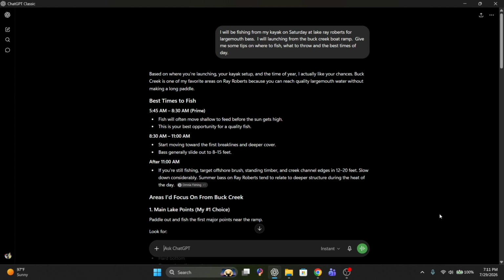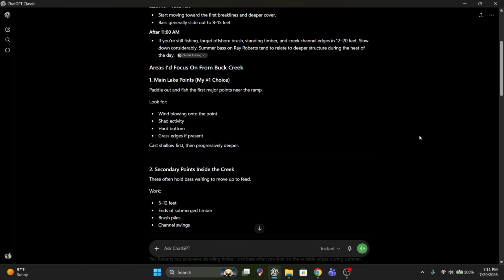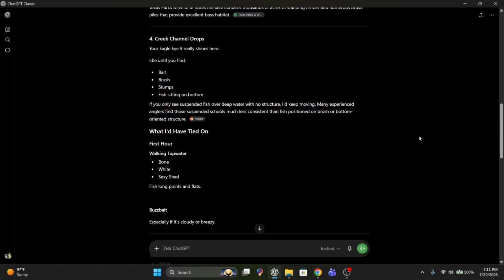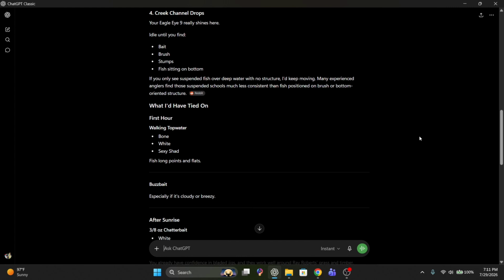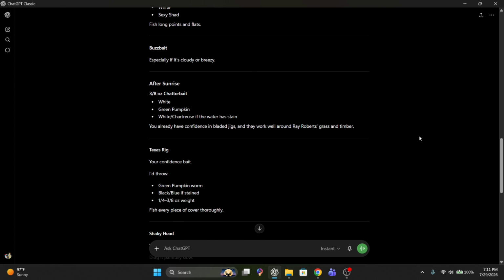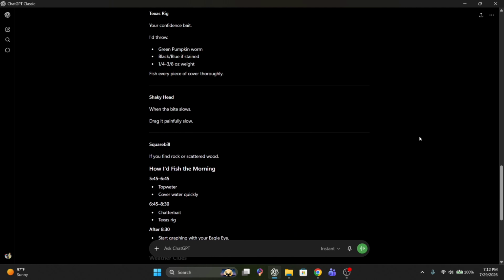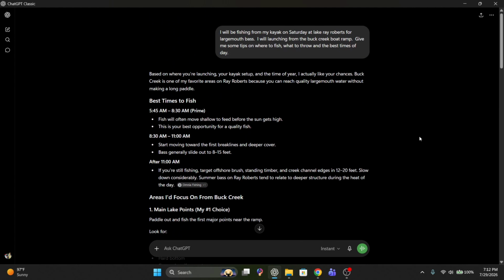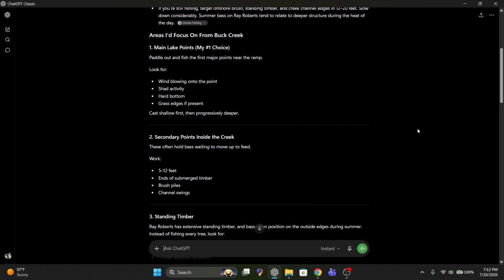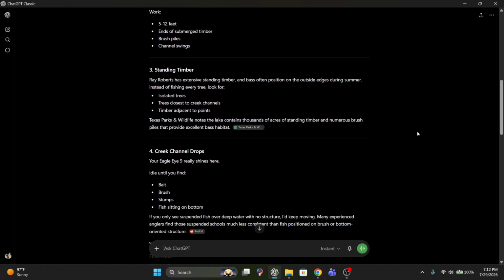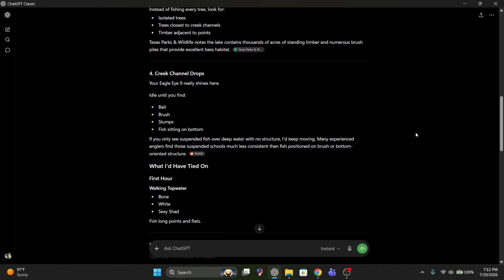A lot of stuff I already know, but stuff that maybe I didn't think about. So it's important to do that. And it tells me main lake points, my first choice, secondary points, inside the creek, standing timber, creek channels and drops, walking topwater, gives me colors, buzzbait, just gives me all kinds of ideas on what to throw. And when it's telling me to look for secondary points, standing timber, creek channel drops,